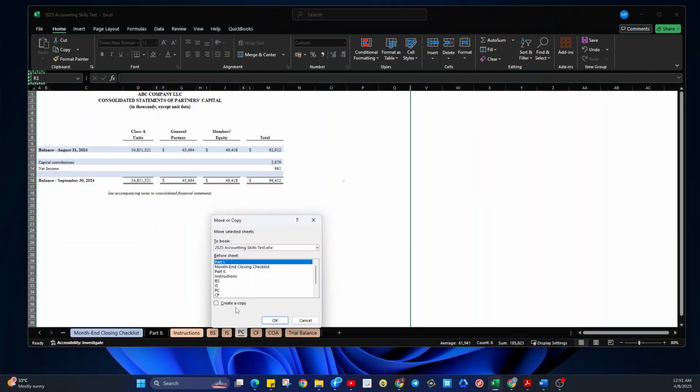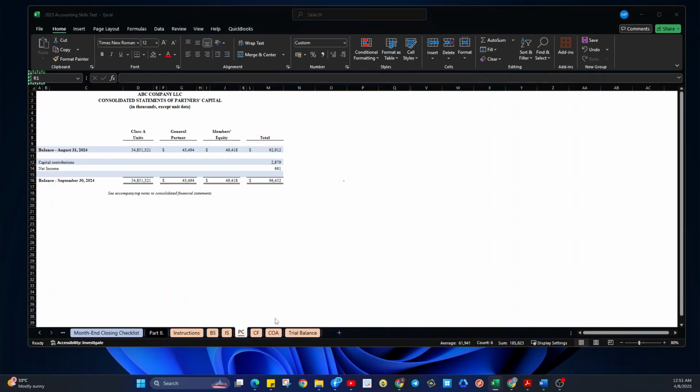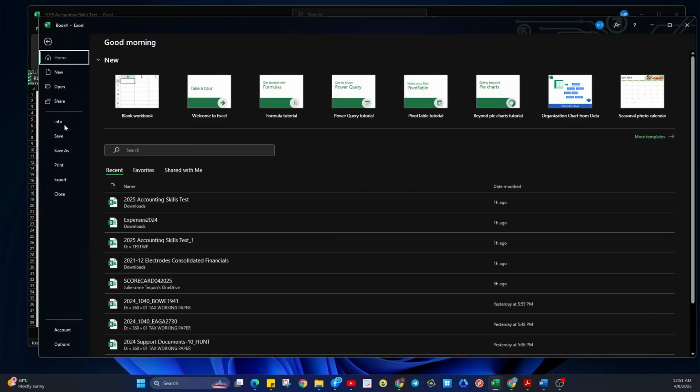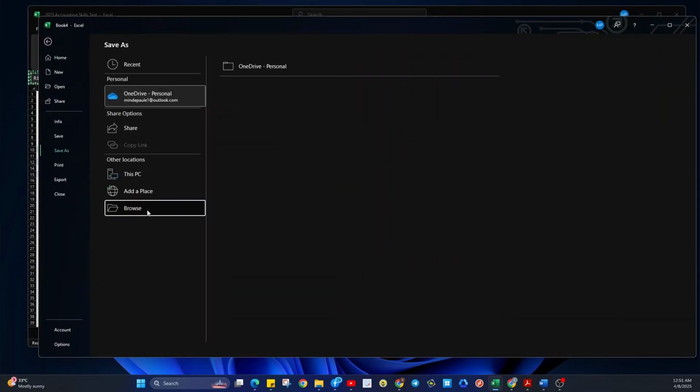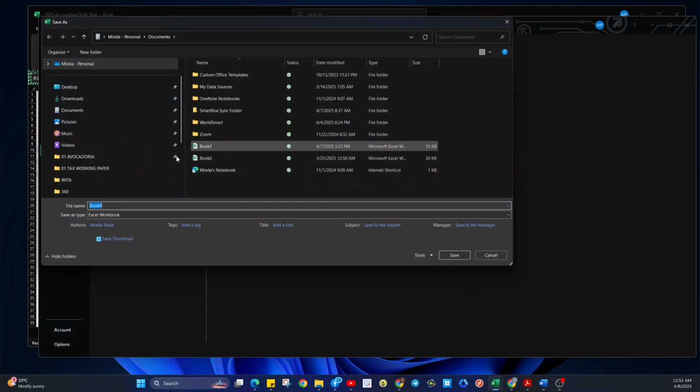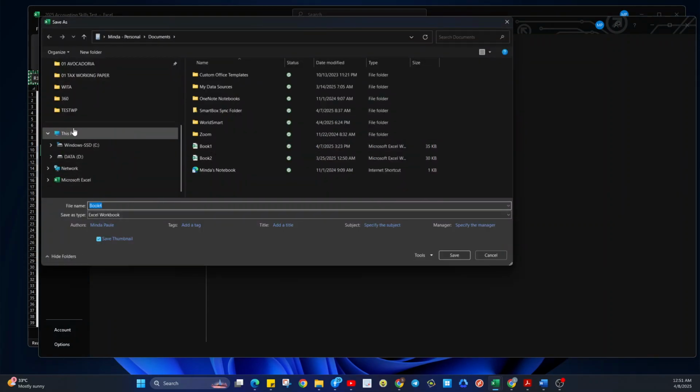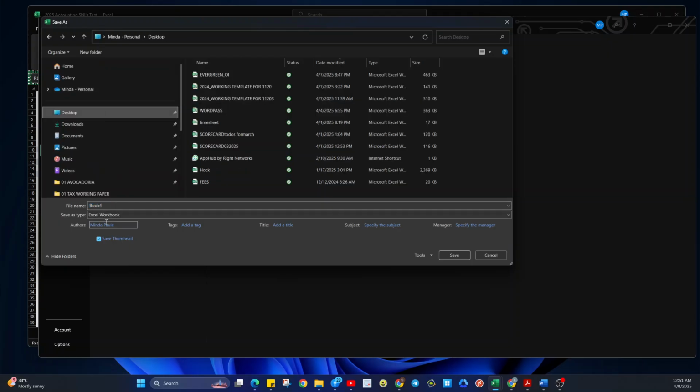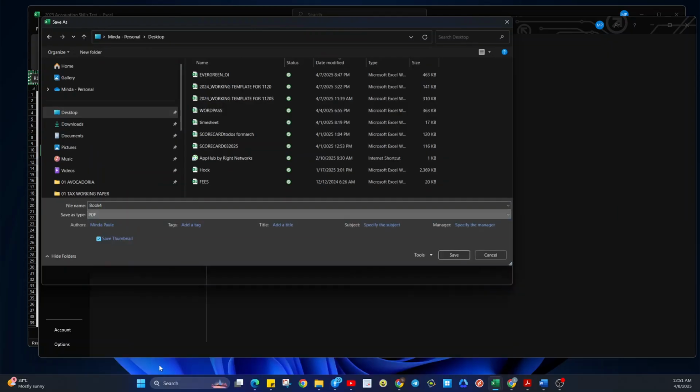Move or copy. File, save as. Hold on, file, save as. And then this one, desktop, PDF.